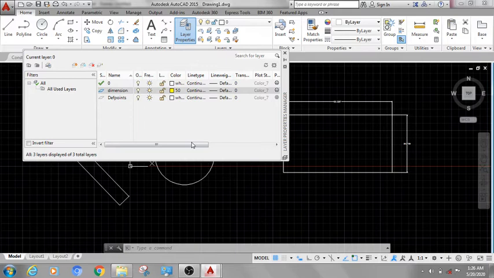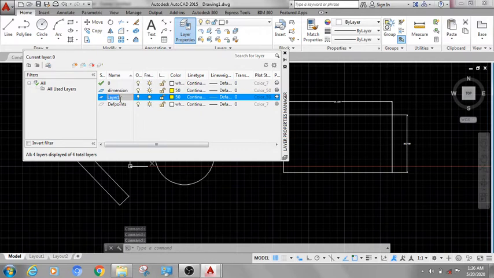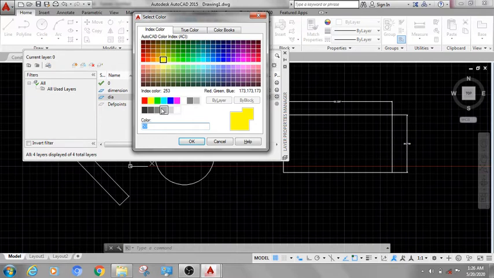Again I will create one more layer for diagram, and for that I am just selecting blue color.